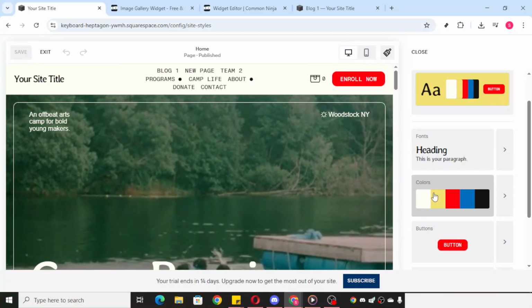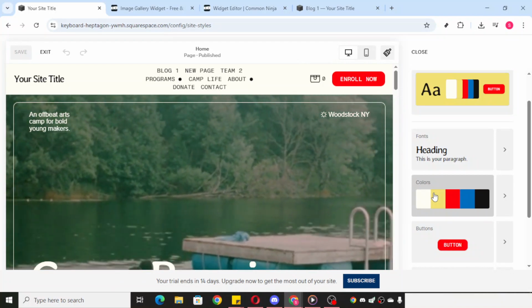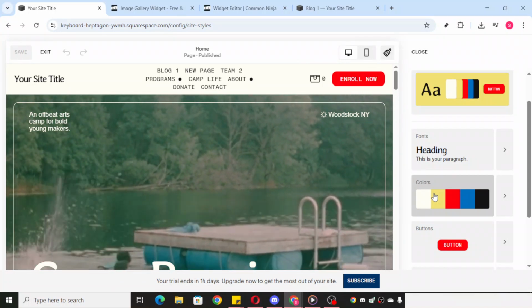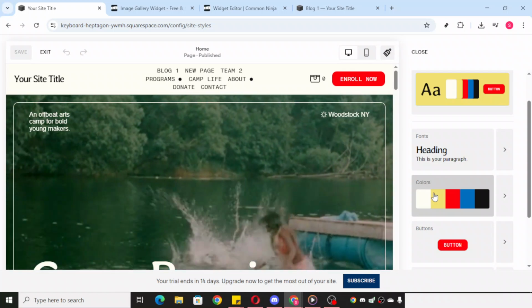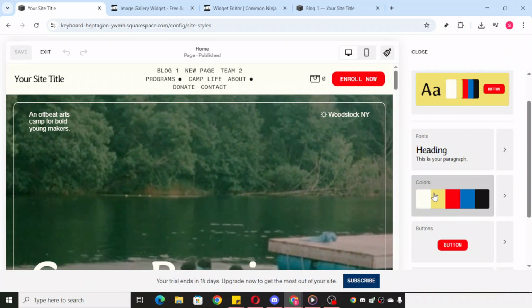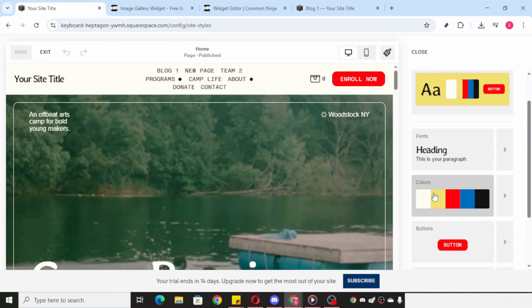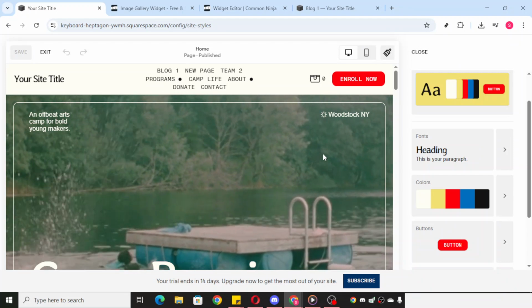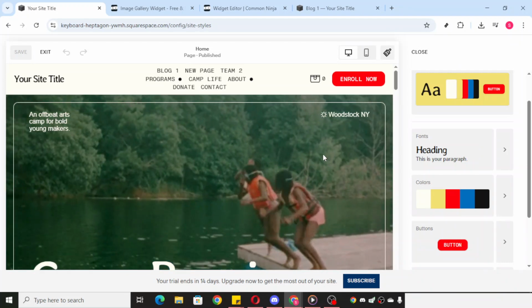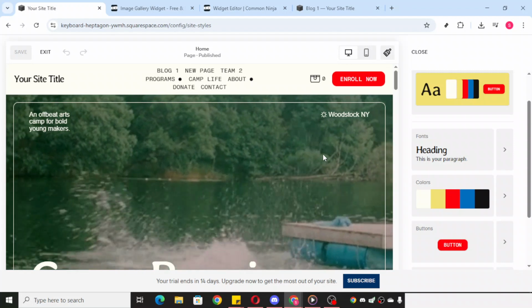As you continue, you'll encounter buttons, forms, and other features. This is an opportunity to streamline how visitors interact with your site. Customize buttons to encourage clicks where you want them, and tailor forms to capture the information you need from your audience efficiently. Explore all the available features and integrate the ones that will enhance your website's functionality and drive user